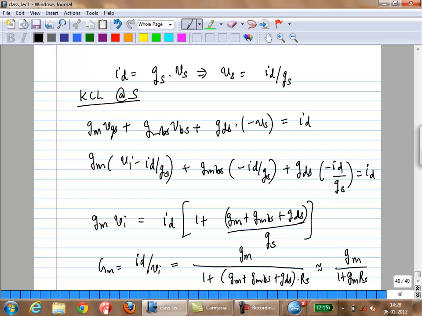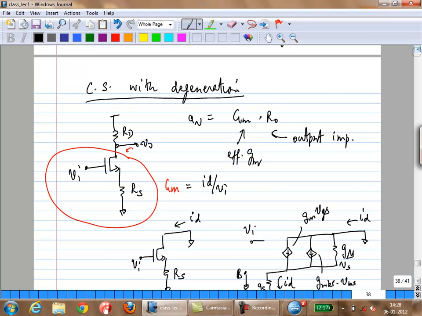Okay? And if you want to make some engineering approximations, GM is larger than GMBS, larger than GDS, then the effective transconductance is nothing but GM over 1 plus GMRS. Have you seen this before in any circuit? You have. Right? You would have seen it in that kind of circuit. Yeah. Okay. The reason is, if you take the circuit,